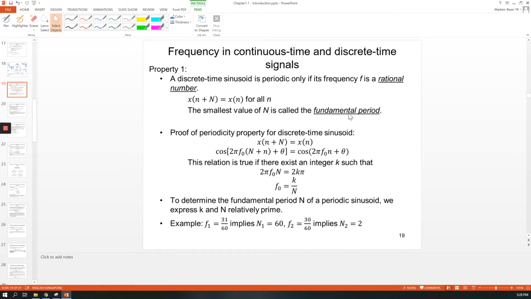Right, so let's go to property one. We are talking about discrete time sinusoids. The sinusoid is sampled; it is the cosine wave, but it is discrete time. So what are those properties? The first one: the discrete time sinusoid is periodic only if its frequency f is a rational number. What do you mean by a rational number? Rational number means,